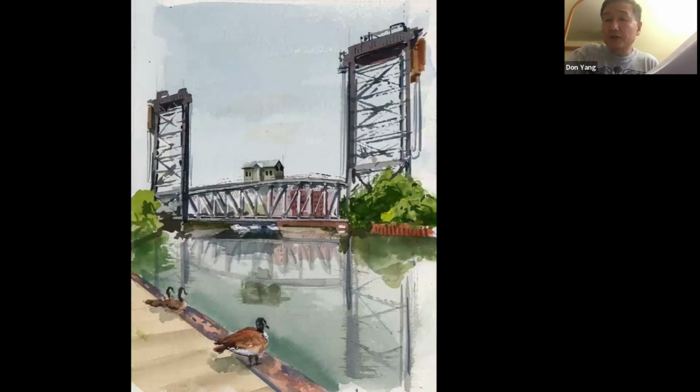So he's got more similar edges, similar values and so on. Another person might have gone with a little softer edges for the smaller bridge tower or a little lighter value and so on. So I would say that's more of the artistic judgment that he made for that there.